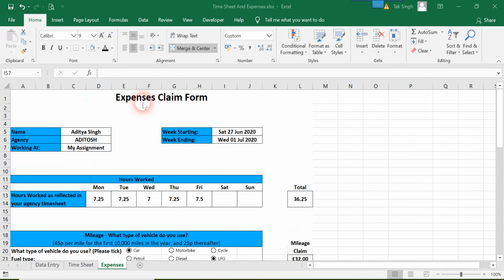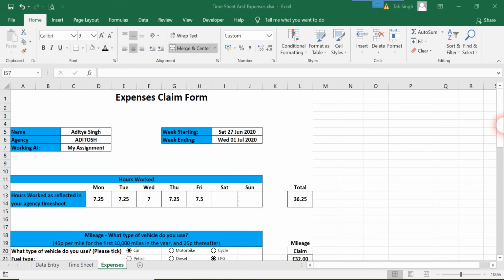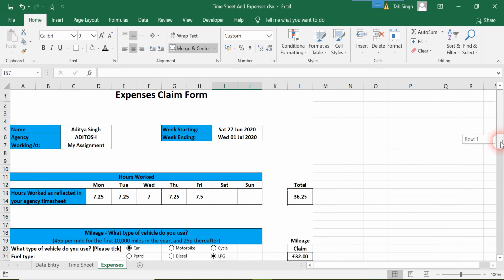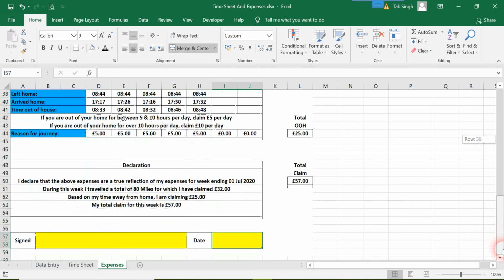Okay guys, we are almost done with the expenses claim form. We have seen all the tables and have populated them very well. Now the only remaining yellow area is signed and date. So signed is something that you can